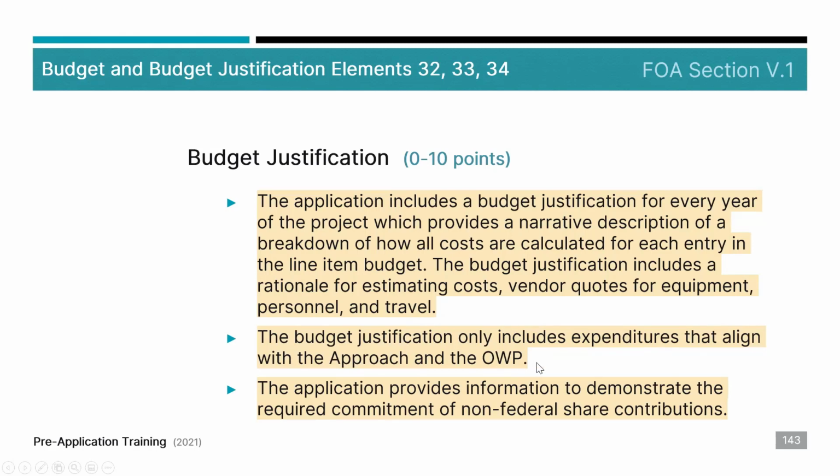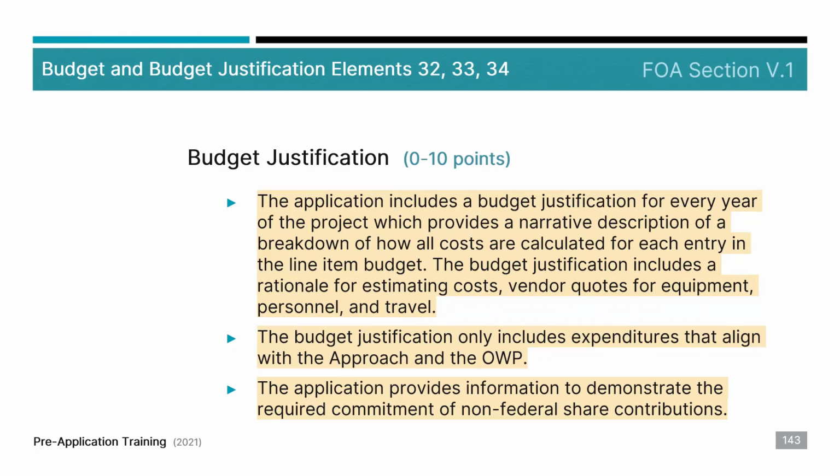What we don't want to find is what we see sometimes. When we're given the applications from grants.gov to review, it goes through the narrative, it has the OWP, and usually the budget's at the end. By the time I get to the budget, if I suddenly see a cost for a Ford 150 truck, then I have no idea, or it's the first time I'm reading about it,